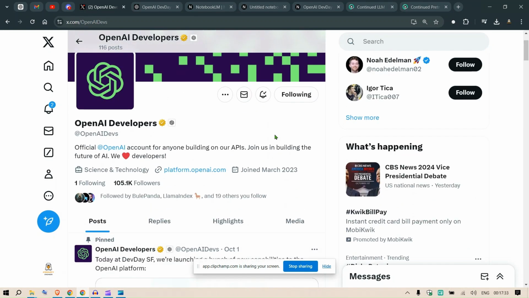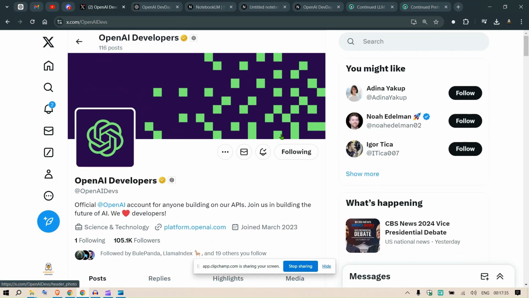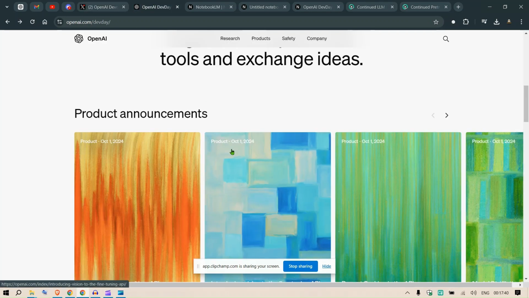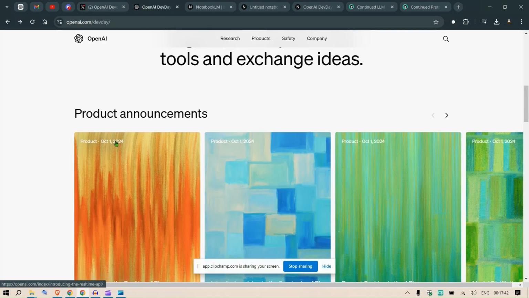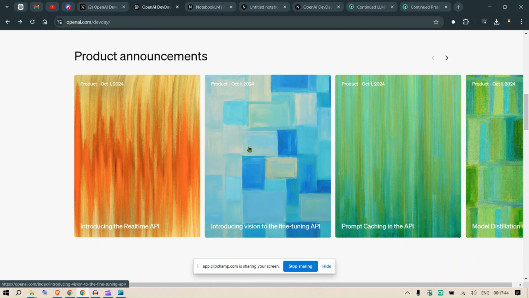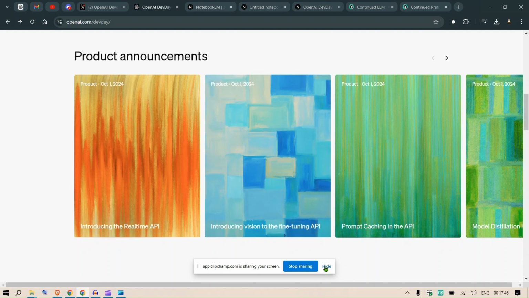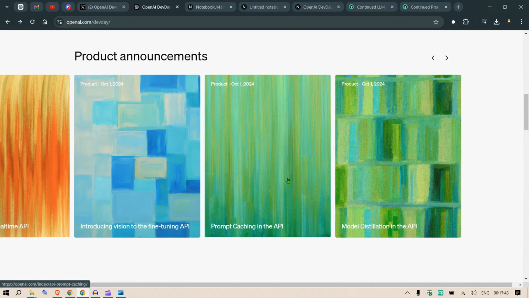Hi guys, long story short, OpenAI developers Dev Day. We have some important announcements on 1st of October and there are four major announcements, but instead of me reciting